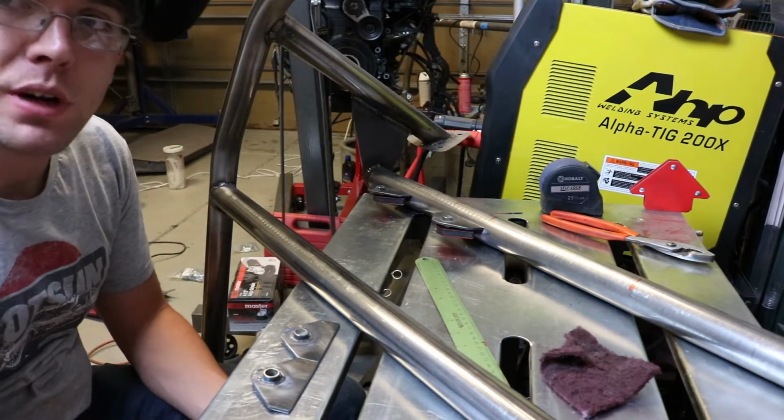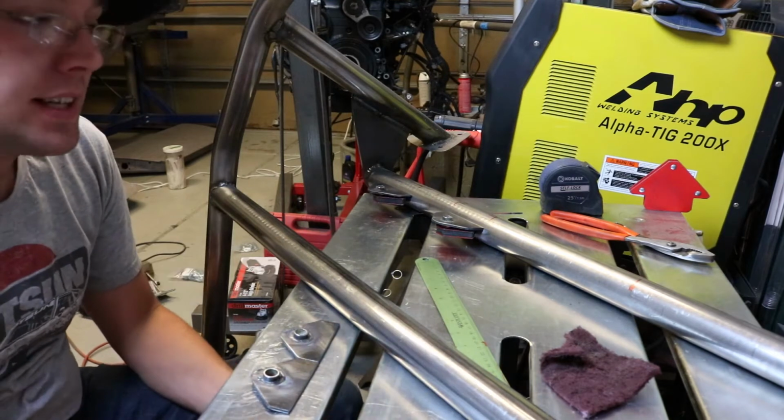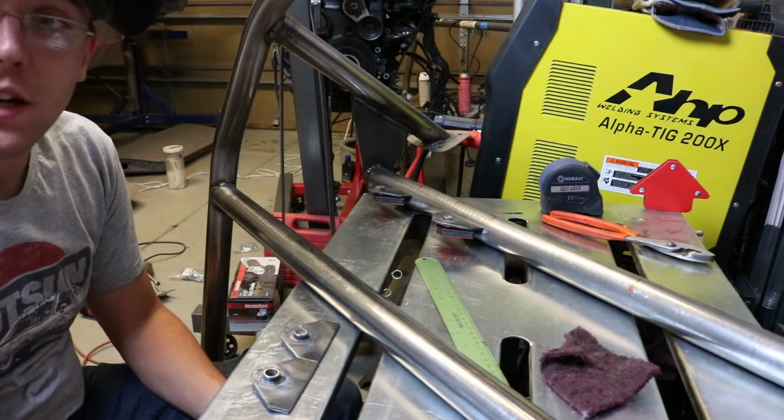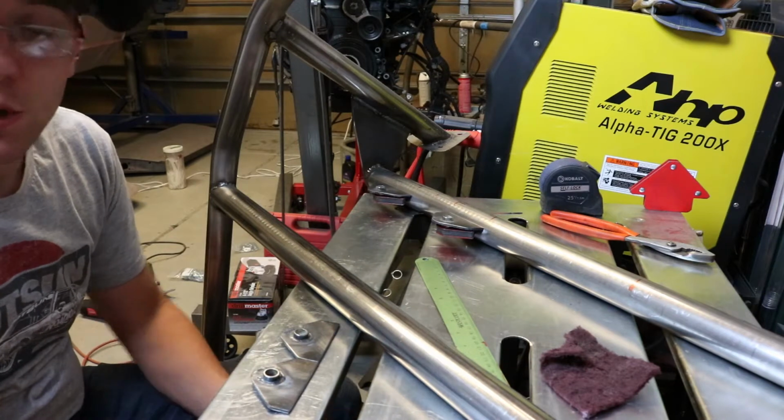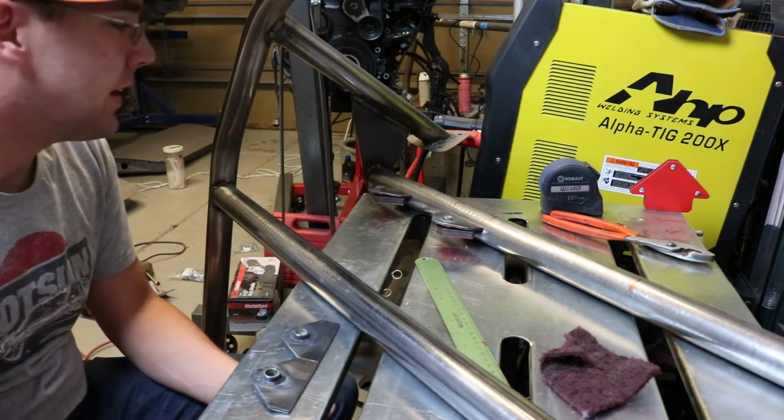I'm going to be MIG welding these just because it's easier and it's in a weird place, and TIG welding is a little bit of a pain in tight spaces. Plus MIG welding works perfectly fine. I just wanted to TIG weld the other ones because I haven't TIG welded in a while. But anyway,